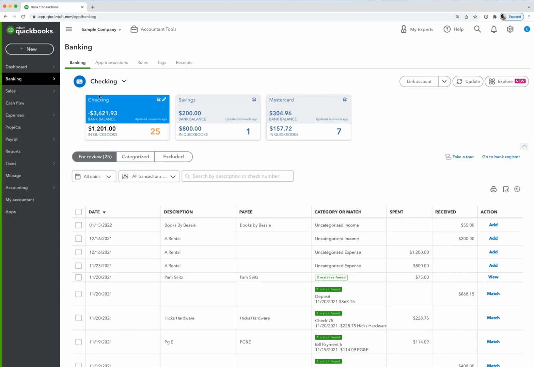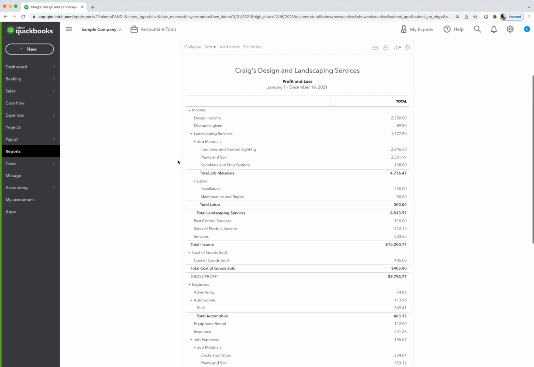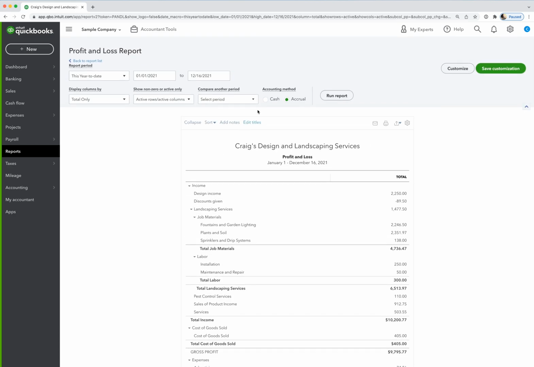So let's navigate over to the report center here on the left sidebar. And under the standard tab, we're just going to run a profit and loss report. It may show up in your favorite section here, or it might be under business overview, but you can just click on it here, profit and loss report. And then we're just going to tweak a few of the settings across the top. And I'll tell you my favorite way to run the profit and loss, and that is as a year-to-date report